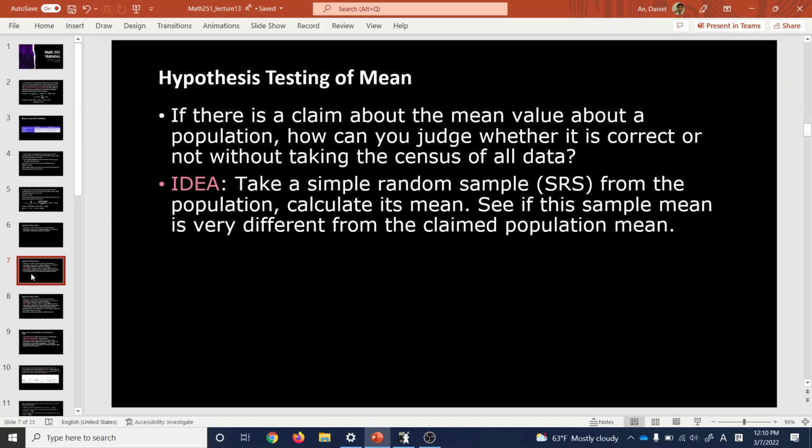Usually it's not feasible to take a census of everything, and it's time consuming and takes money. It's good to have an example in your head to follow this reasoning. So remember in the last lecture, we had a question where a grocery store bought some, was it pumpkins, maybe? Was it apples? Pumpkins? Okay, so it was trying to buy some pumpkins from a farmer,